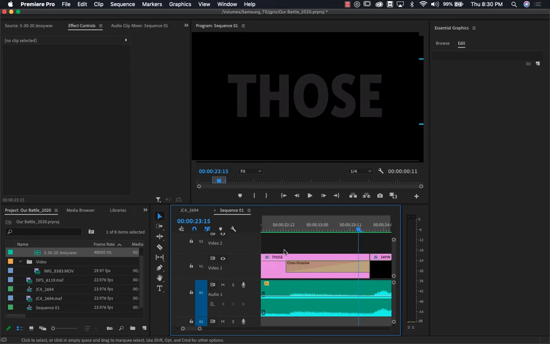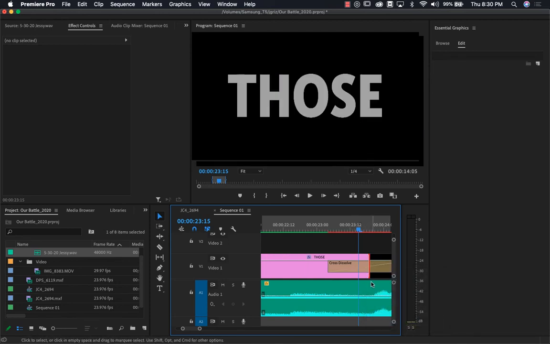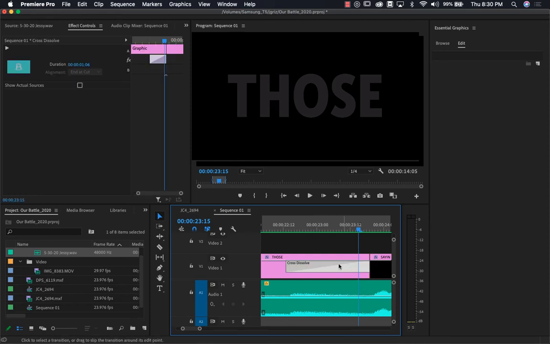And then you'll notice here there is a cross dissolve effect, and an easy way to access that cross dissolve is I just go in and apply default transitions. Right now my default transition is a cross dissolve, so when I hit that, it gives me a cross dissolve. If I come in here to this little cross dissolve graphic, it will allow me to lengthen or shorten the effect of that dissolve,